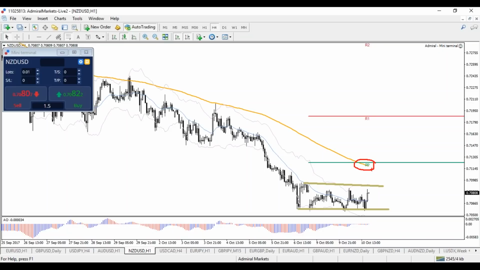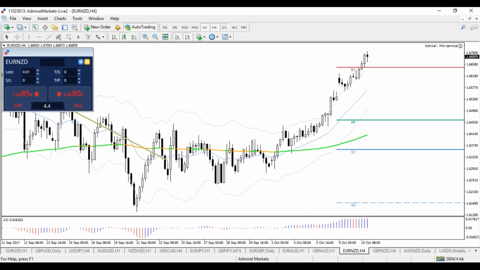Regarding that Euro New Zealand, why did I like that the most? Because we talked about this one in the past too, the fact that price was at,